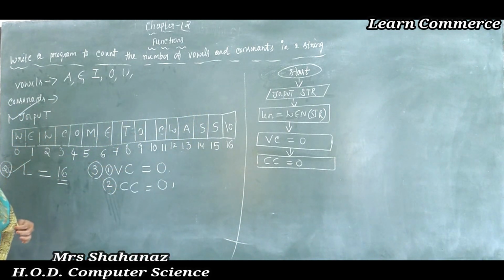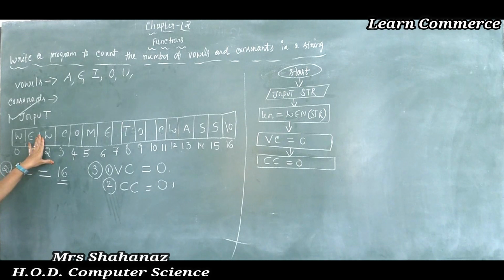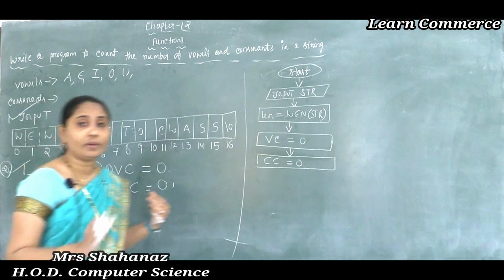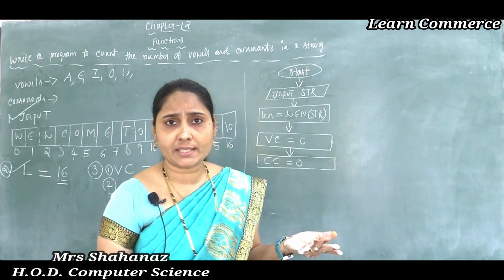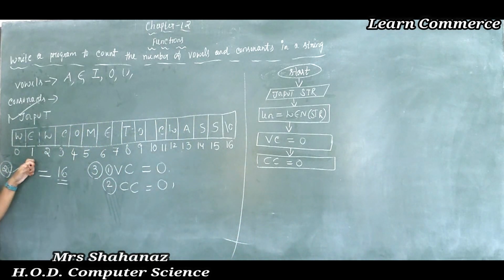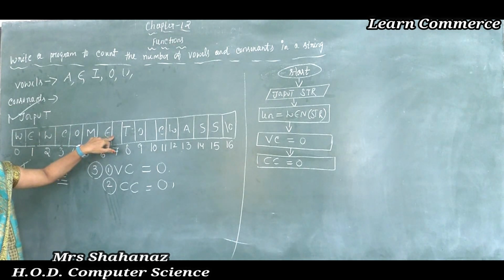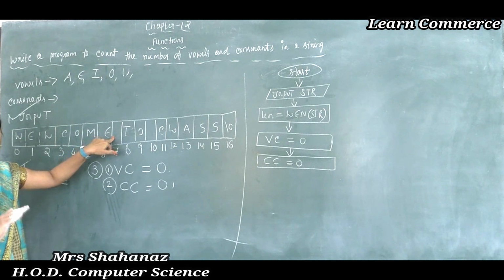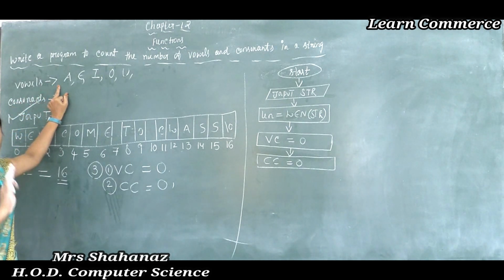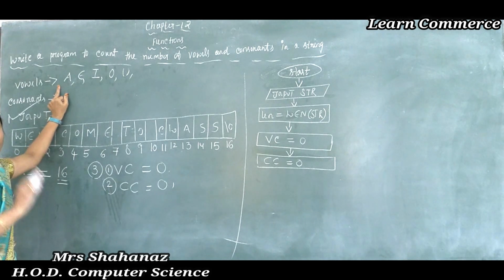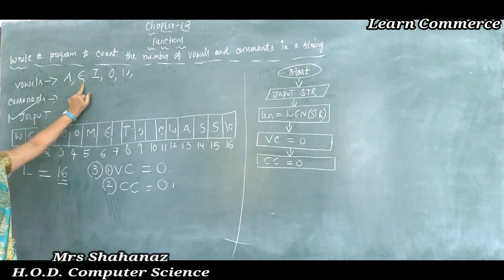Correct? No? And later we are going to check the values one by one, checking whether each character is an alphabet. Sometimes it's not necessary to have only alphabets in a group of characters, sometimes we can have numbers also. Maybe you will have a number in between the letters, but here we are not going to accept that, only the characters, because here we are going to count the vowels and the consonants. So no number will be added, everything is going to be added just by using letters only.